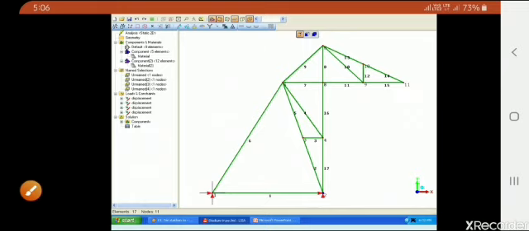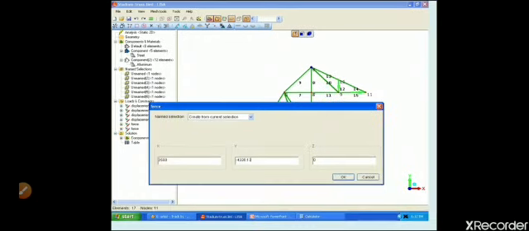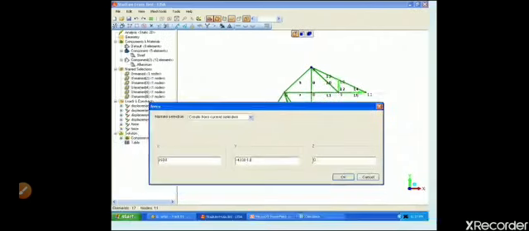Next thing is to apply the external loads. Here we select first of all the nodes which are subjected to the external load. Say here node number 9 is being selected for a particular load in negative y direction, as a 4 kilonewton load is being taken here. And on node 11 a load has already been applied along x direction.